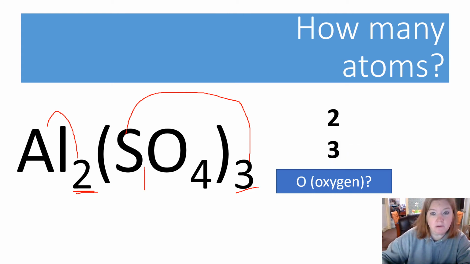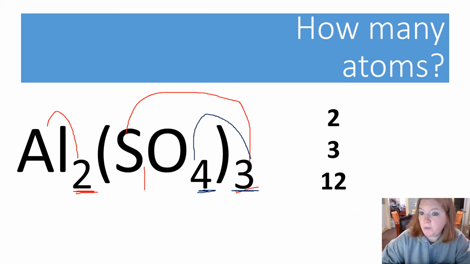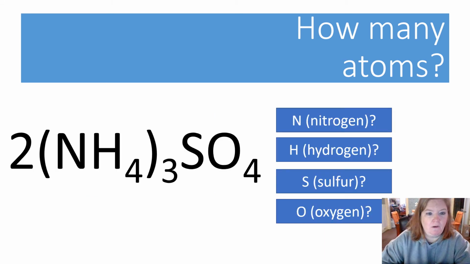So there are 3 sulfur. So what about for oxygen? Well, this 3 applies, but oxygen has a subscript of 4. So it would be